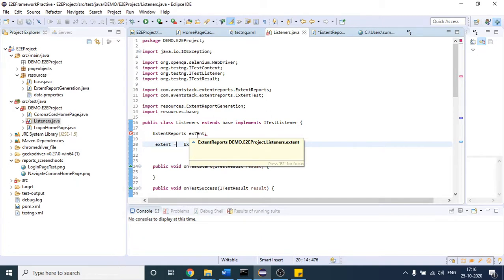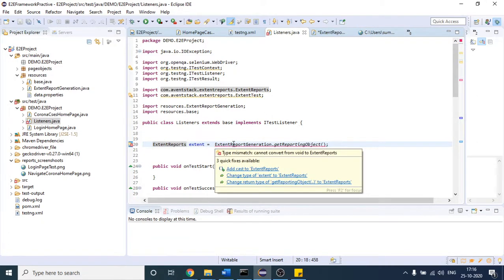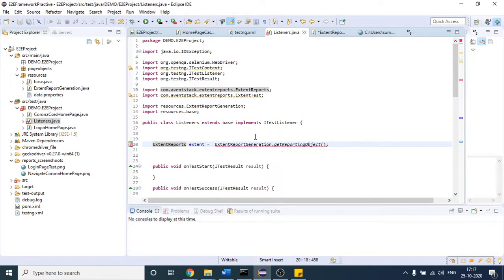Actually, I made some mistake, so let me remove this. Once I catch that, it is okay.